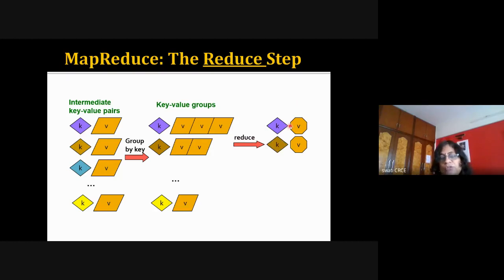Every reducer will create output. Now here the key is not repeated. Here the key is like a database's primary key, where the key occurs only once. Even at this place the key is a unique key. But for intermediate keys and values, the keys are repeated. They are not acting as a primary key here. The keys are repeated for the intermediate key value pair. Here it is acting as a unique key for the output of the shuffler and in the output of the reducer. The keys are unique keys.